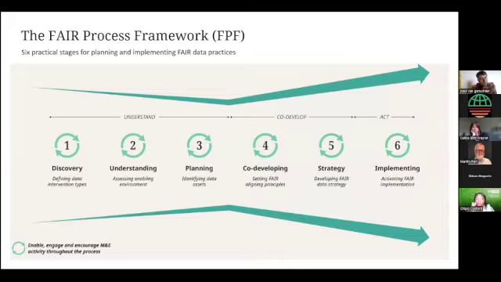This slide here now is the FAIR process framework. So 2 years ago, we developed a framework. Essentially, it's 6 steps. 6 steps to walk you through, prompting you to start to consider what could potentially be bottlenecks to your data-rich project, right? Any type of data-rich project where you're either collecting data, analyzing data, processing data, or storing data. So all of those elements of a data lifecycle are probably happening within your project.